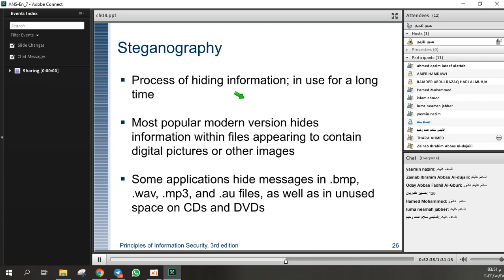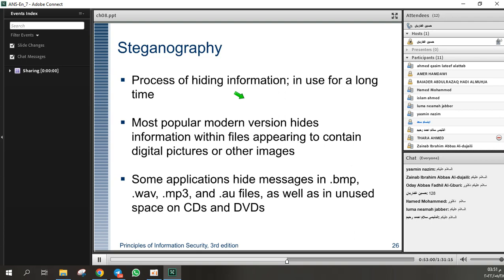For example, in multimedia files, we know that we have lots of redundant information. If we remove that information and replace it with some other information,